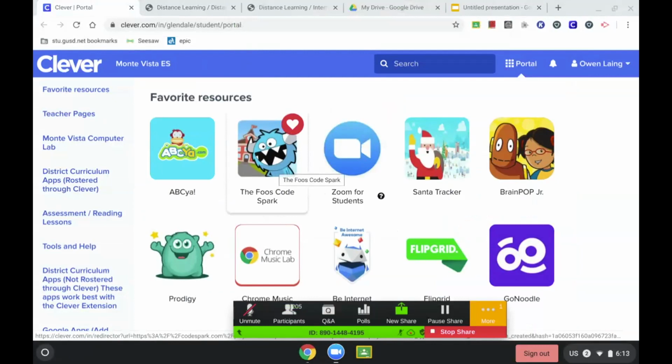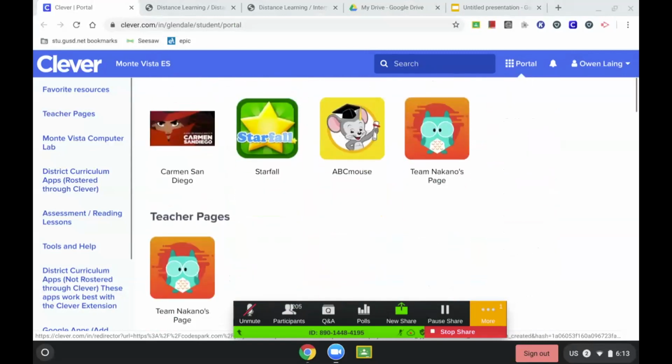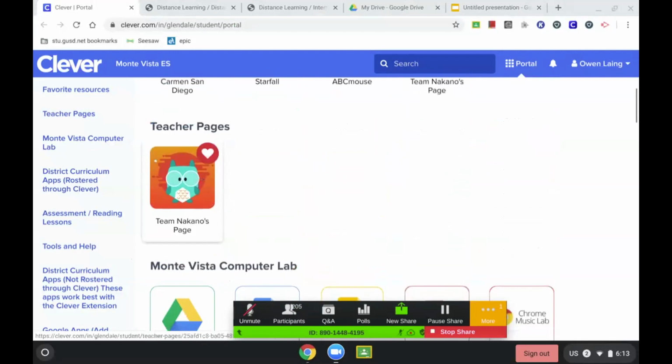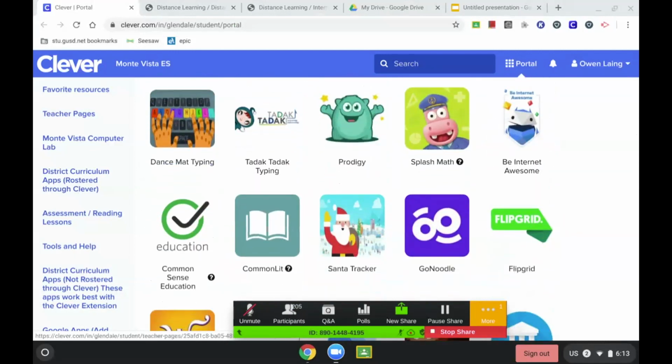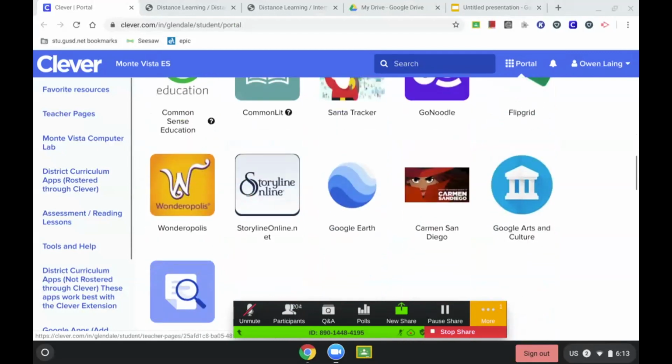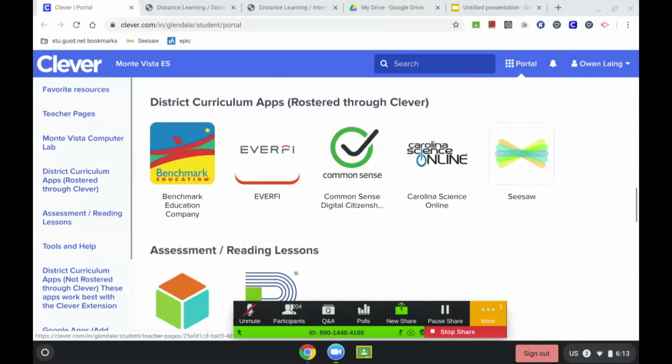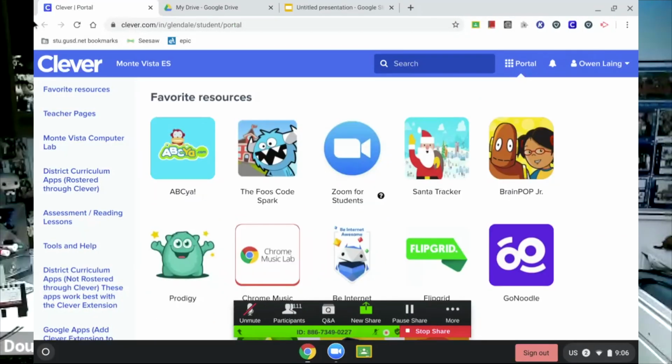Clever is just a place where they go to the portal, and all of the apps they should need are linked to the portal. So if they scroll down, there might be apps that they might have, like a teacher page. For instance, here's my son's teacher's page. They might have things that the school has added that are school-specific apps. And then they'll have items that the district has added, which starts here where it says district curriculum apps. One of those apps